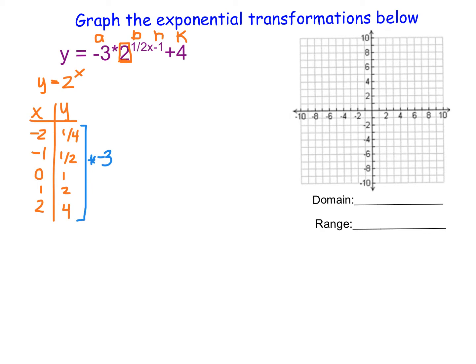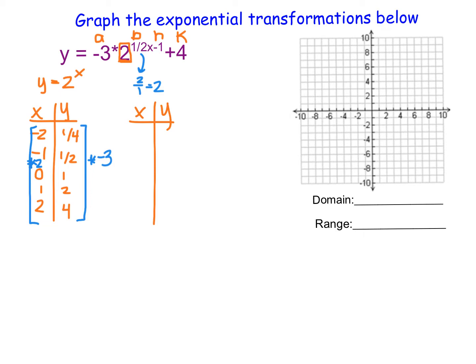Then for my B value, which is 1/2, remember we flip B to its reciprocal, which is 2/1 or 2, and this is going to happen to our X variables because it's a horizontal transformation, and we're going to multiply all of these values by 2. So we're going to multiply all of those by 2 because 2 is the reciprocal of 1/2. So if I apply those transformations,